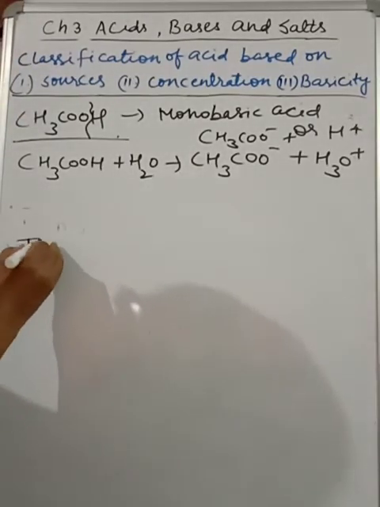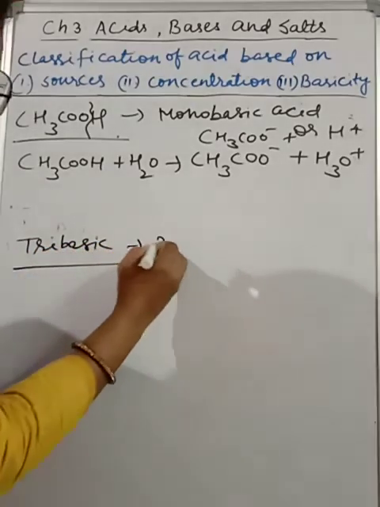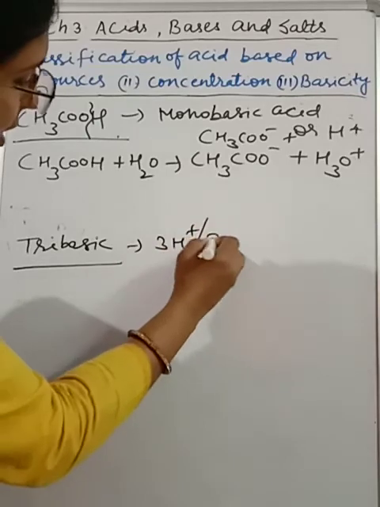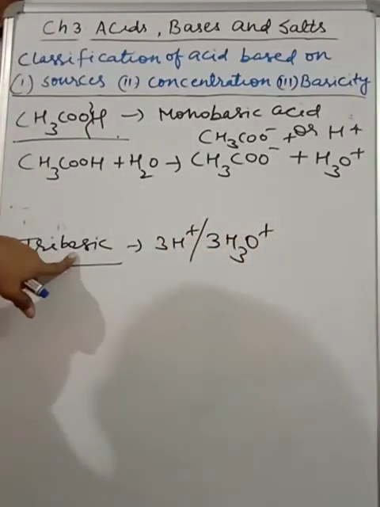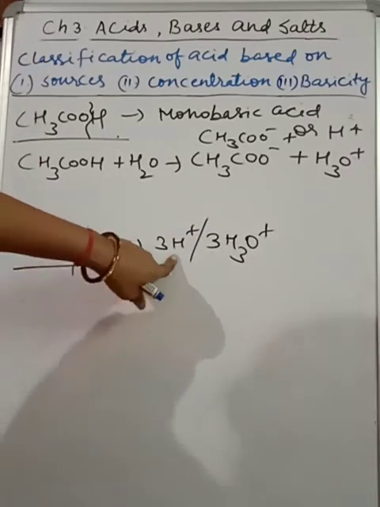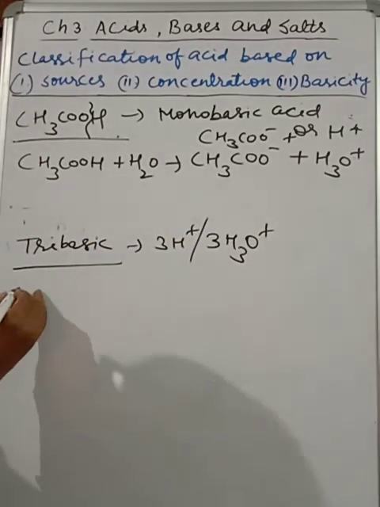Tribasic. Tri means 3. Basic means the ability to give 3 hydrogen or hydronium ions. One more point you can understand here. Basic means which can react with a base to give rise to salt and water. So the first example is here